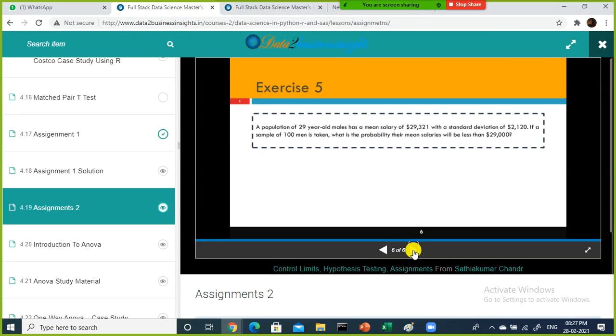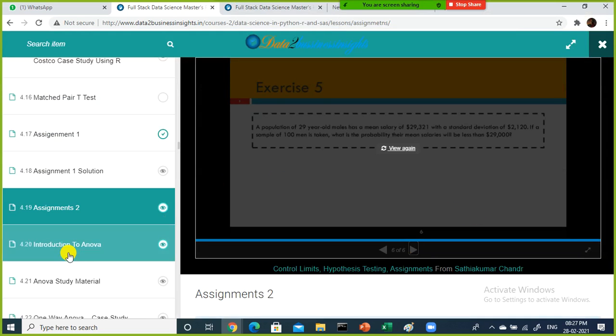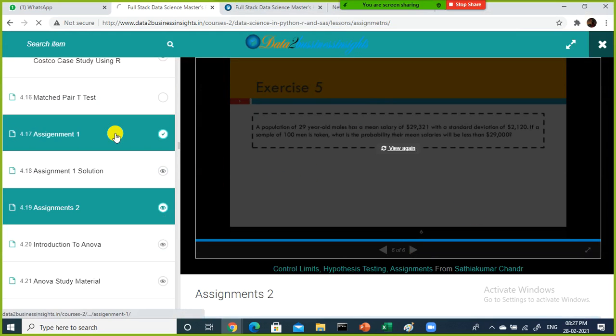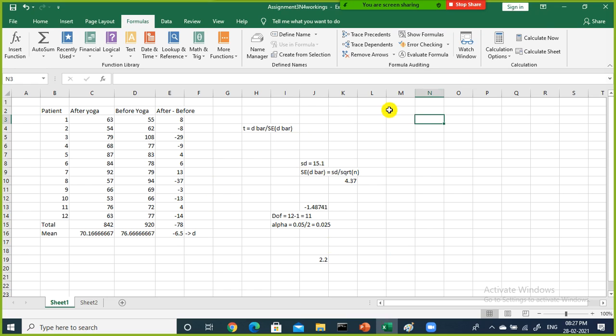This is the one, central limit theorem. We will see it later, okay, how to apply the central limit theorem formula and all. Only thing is, I want you to work on this one. You just take my formula and see how to get a correct answer for this.